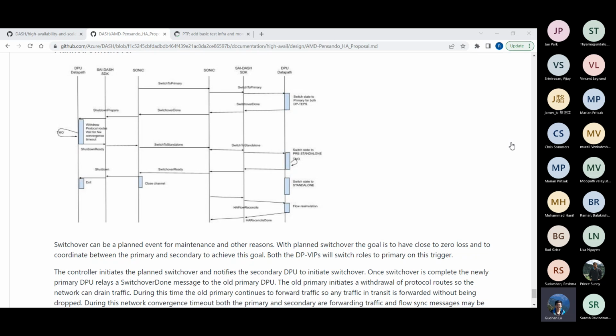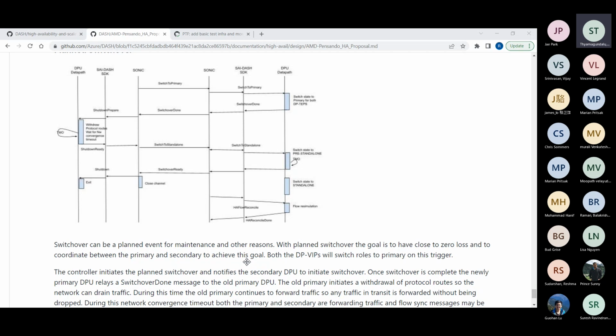I'm not talking about the flow state, I'm just talking about the traffic itself. You're draining traffic, say you need 1 second or 3 seconds to drain it from your active. If the network is able to drain quickly, then you will send the traffic to the standby. At that point, what will the standby do when it receives that traffic?